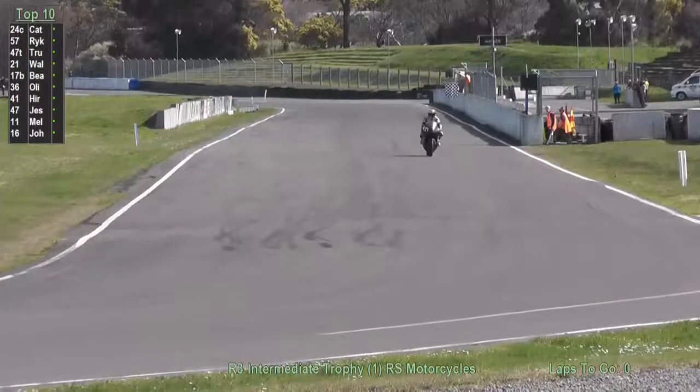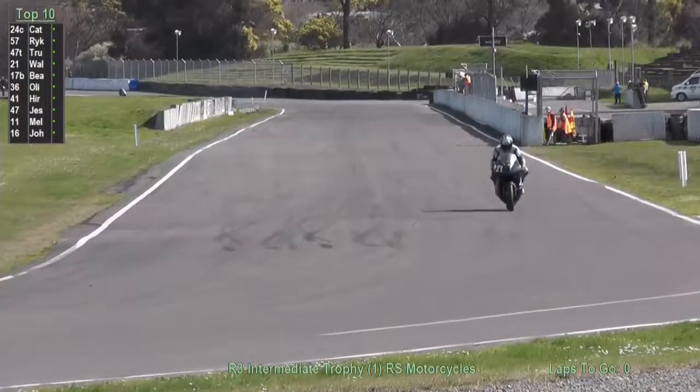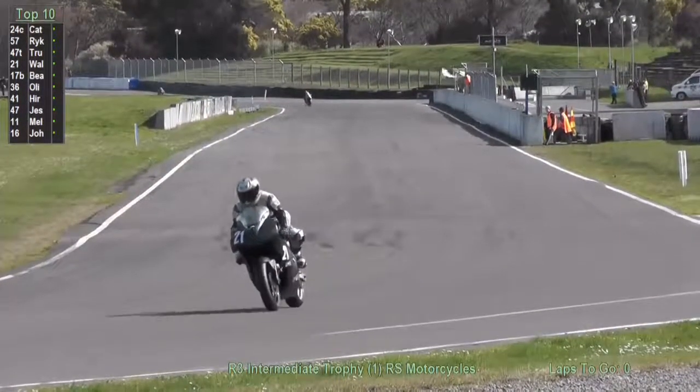But a comfortable win for Roger. Second was Uriah Ryken. Third